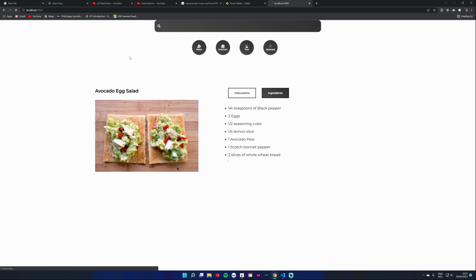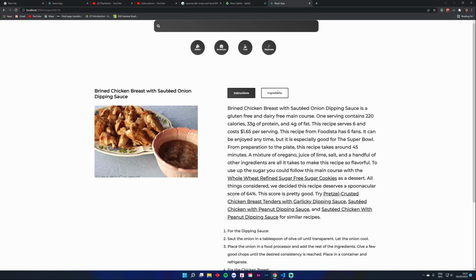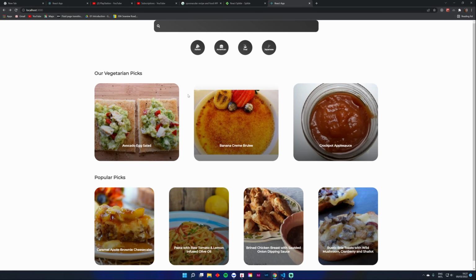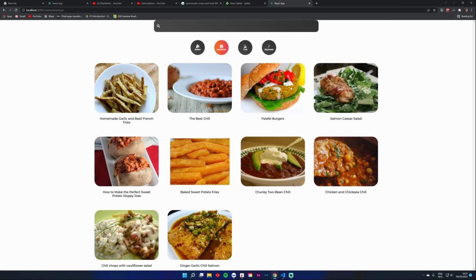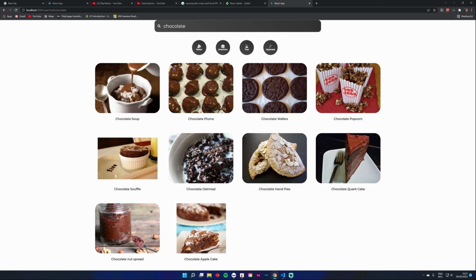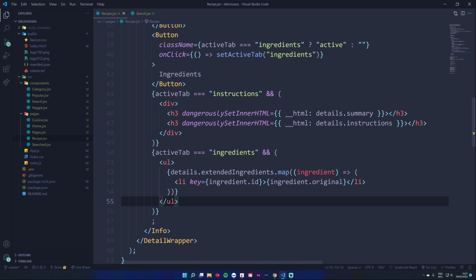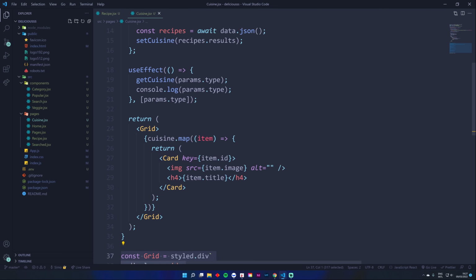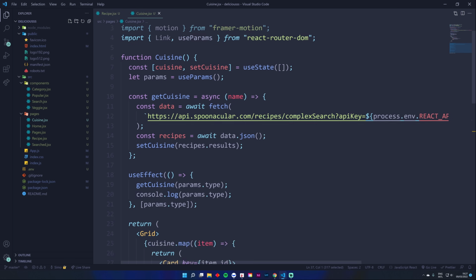Let's make sure everything is okay. So here we can click on anything and it's going to take us over to the recipe tab. That's perfect. I believe in cuisine we don't have the links added to them, nor in search. So if we do chocolate, let's see here. Yeah, so we need to attach those as well. So let's start with cuisine. So here we'd need to import the link